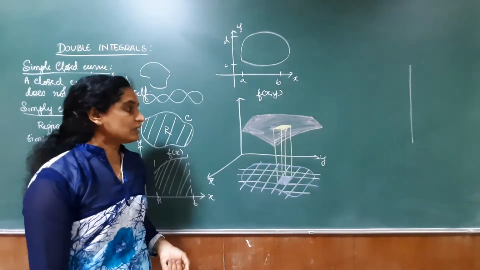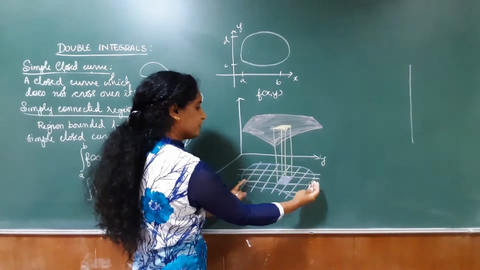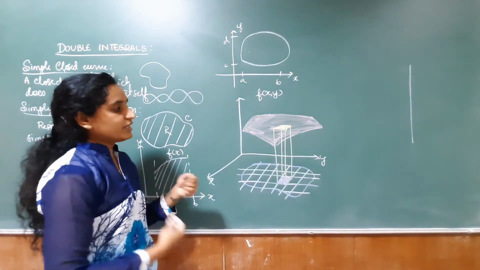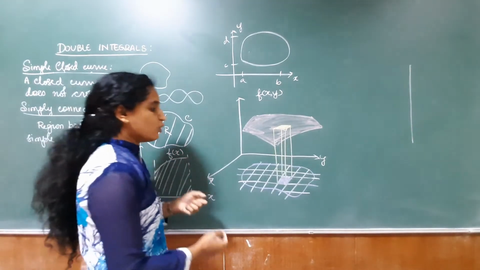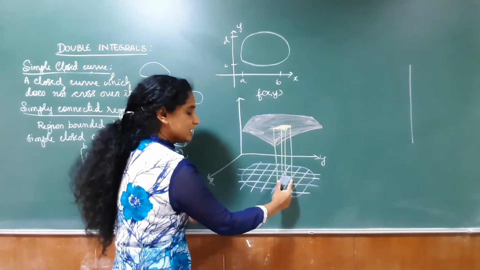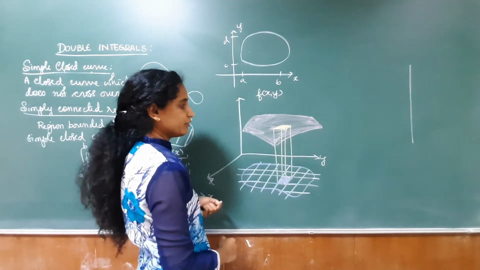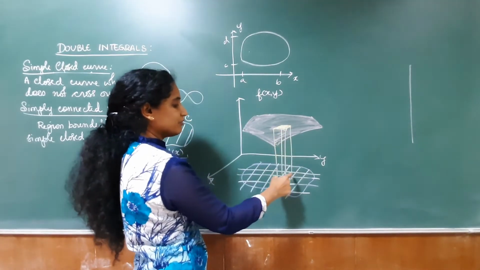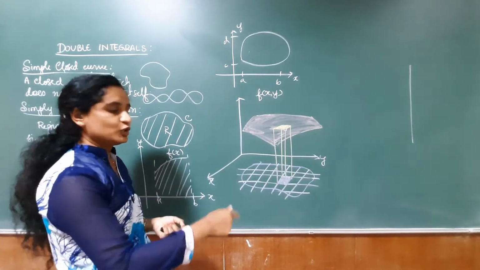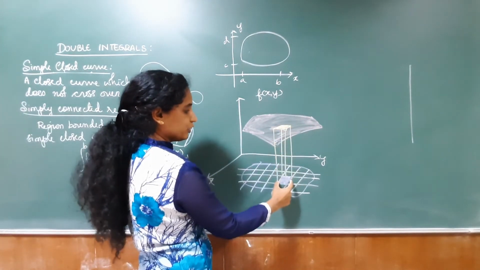Now my double integral is nothing but the volume of the surface which I get under this particular function, and the bottom is bounded by this region. How to find the volume of such a function? What I do is, I subdivide the region into smaller rectangles, and each rectangle I will take like this. Now I will be covering a small portion of the function, and this is a figure which is easy to find the volume of. Maybe it is length into breadth into height. Therefore, length into breadth into height gives me the volume of this solid.